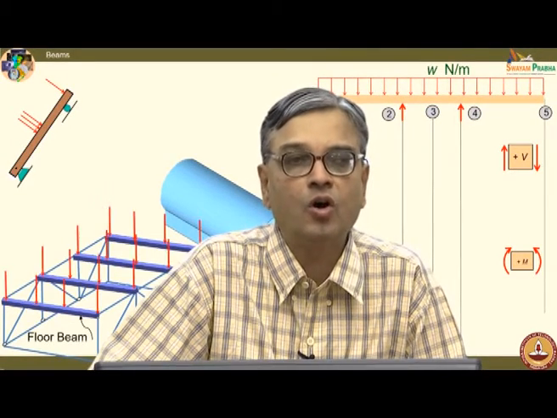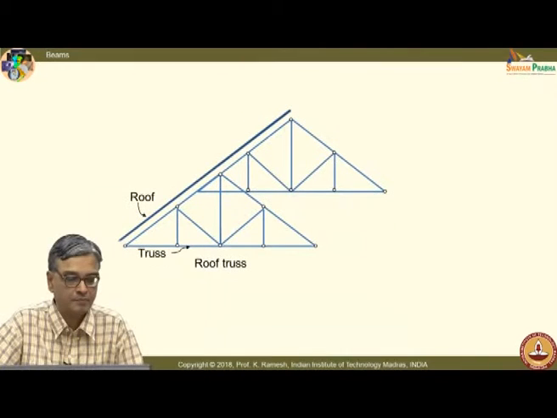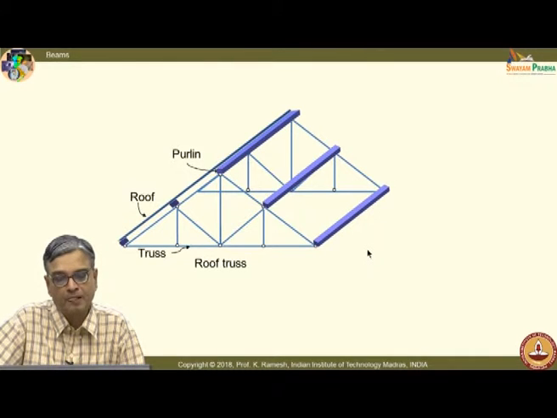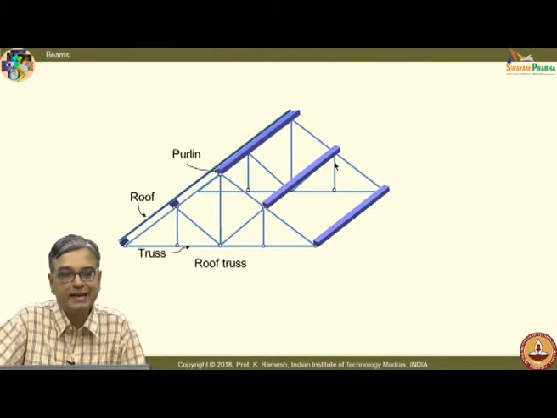Let us move on to our next chapter on beams. We have already seen this animation. We have seen it in the context of trusses. Now, we will refocus our attention on the beams. First striking feature you get is that the cross sectional dimensions are much smaller than the length of the member,